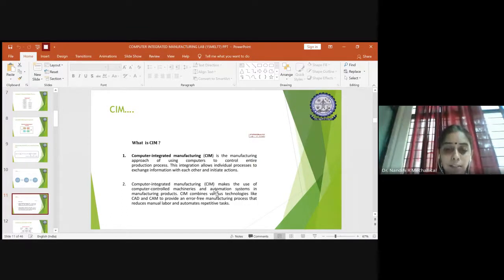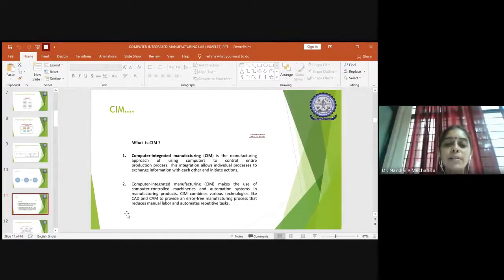Along with that, CIM makes use of many computer controlled machineries and also automation systems. When you add on automation systems, it reduces the amount of human power which is needed in manufacturing. So you can tell by default, CIM combines many technologies of both CAD as well as CAM to provide an error-free manufacturing process. The errors which come across will be minimal or negligible, right?